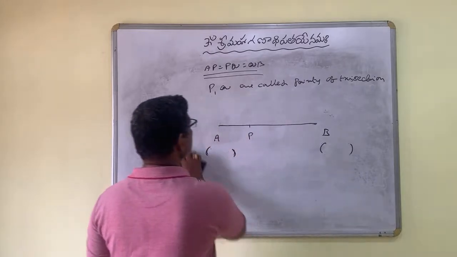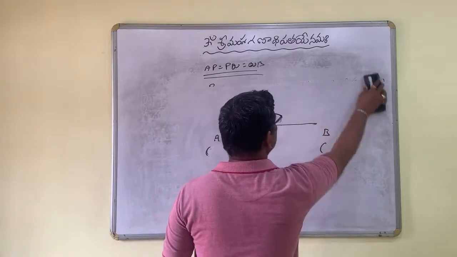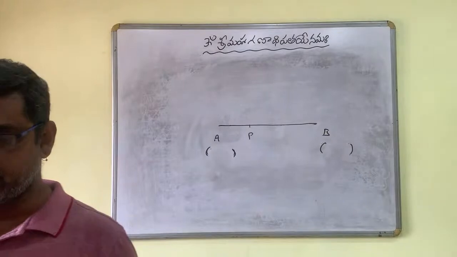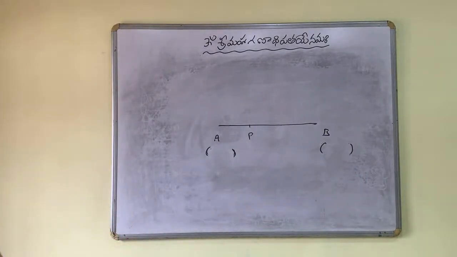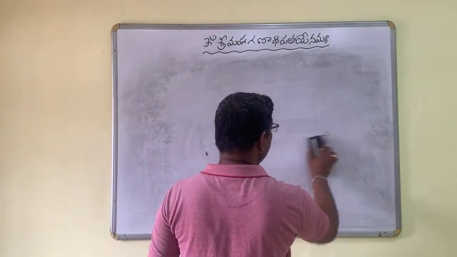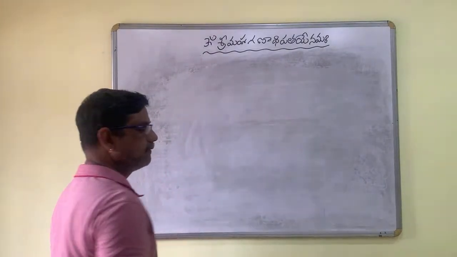So find some trisection over. Now, one more very important model for board exams is that